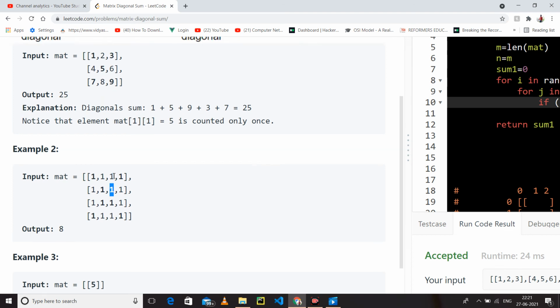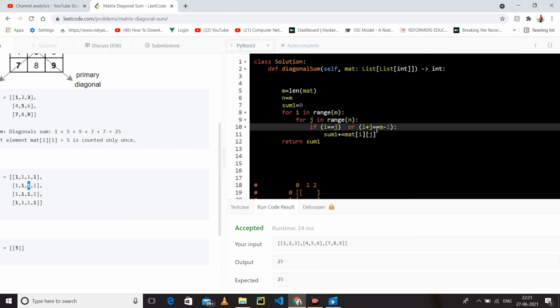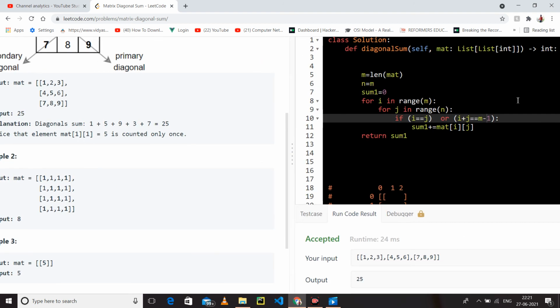And how we can find 3 is m minus 1. What is m? M is 4, because we have a 4 cross 4 matrix. 4 minus 1 is 3. If you traverse this element, this is the third row and 0th column, so this is also 3. If you traverse this, this is the second row and first column, so 2 plus 1 is 3 and m minus 1 is 3. So I hope you have understood.